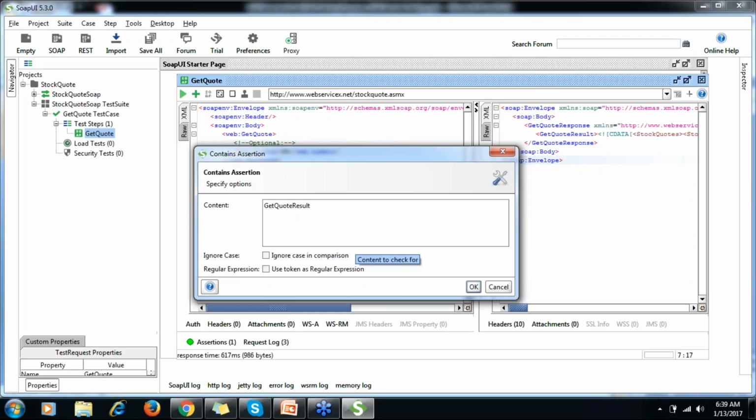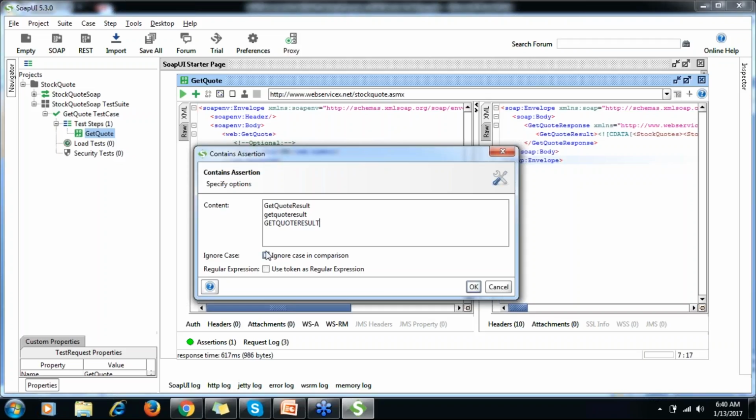So when I choose ignore case, it means it will match this one, and it will match if everything is in small letters, get quote result. It will match this one also, get quote result.